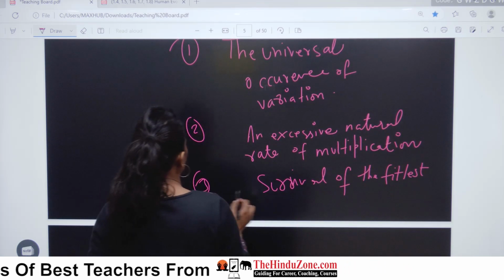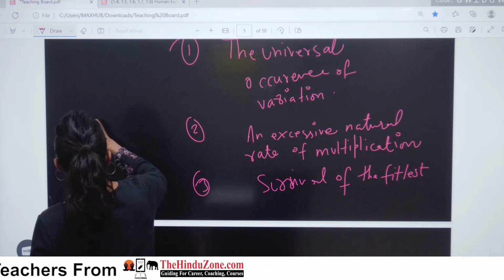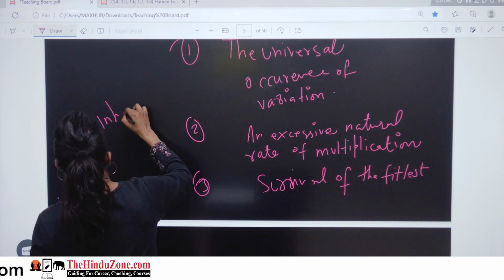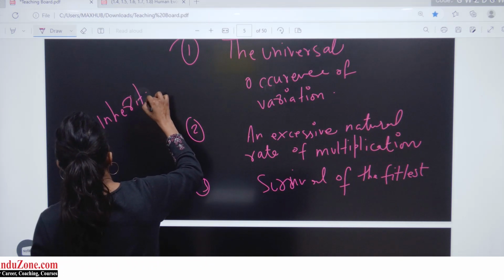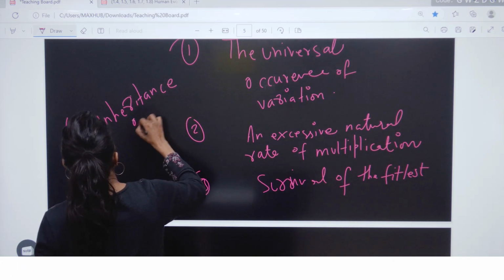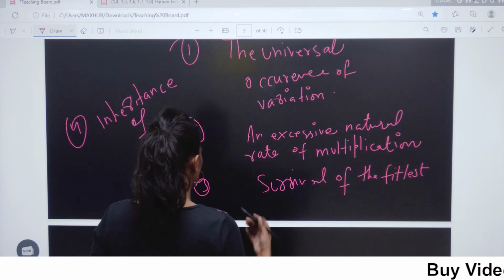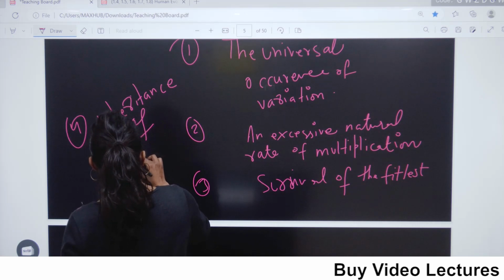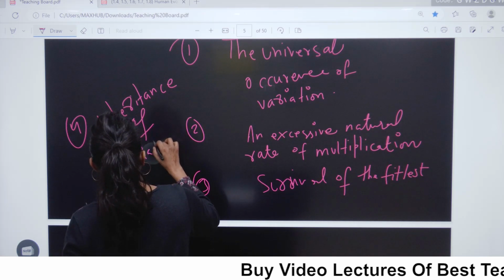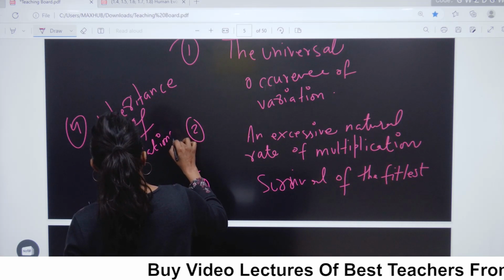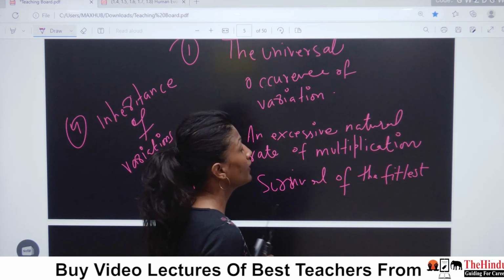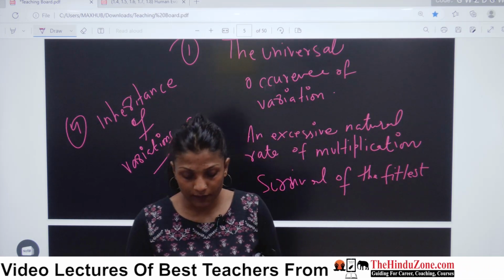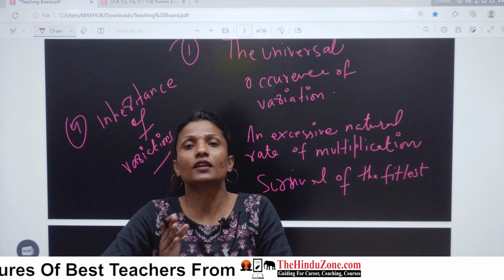And another point where here I write inheritance of, you can say, variations. Okay, so these are the 5 principles. So guys, we did